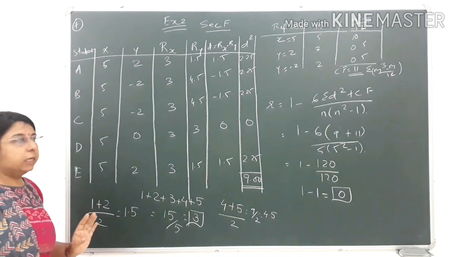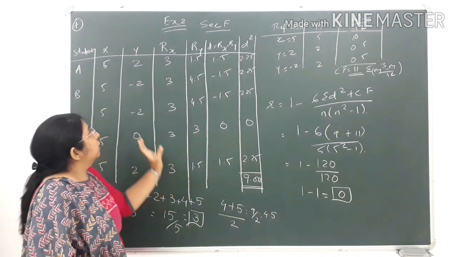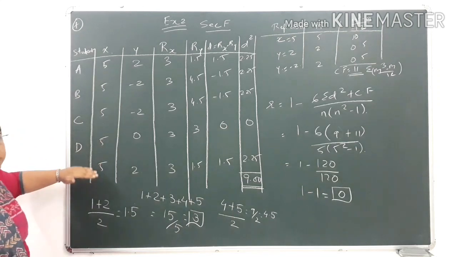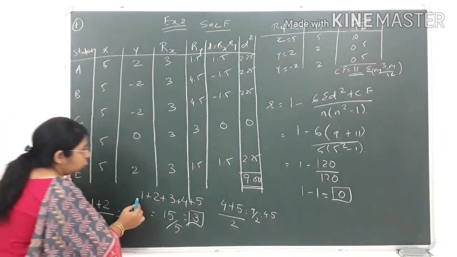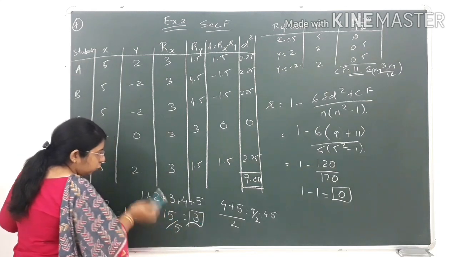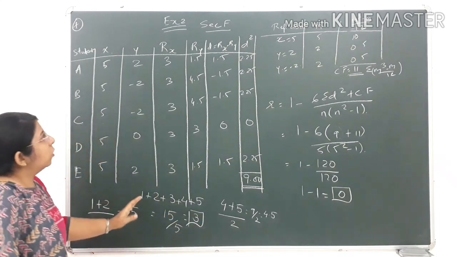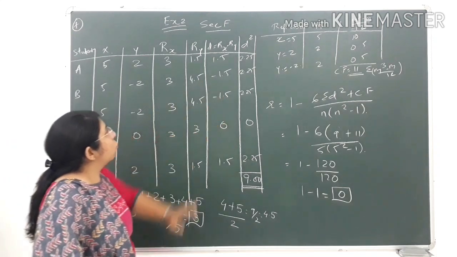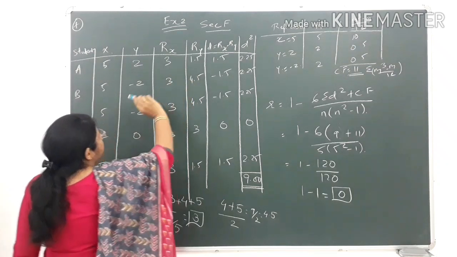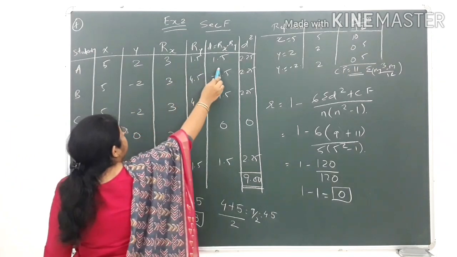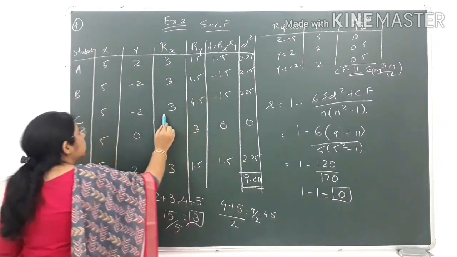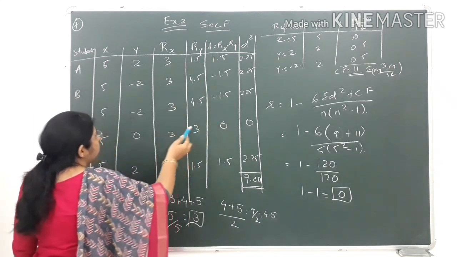So students, up till here this was the main important point, that is how to give the ranks when students have the same marks. In that case we have to find the average by taking the total of all the ranks and dividing by the number of students. So this was the important point. Then afterwards the next step is common, as we did in the previous sums, that is the subtraction of Rx minus Ry. So 3 minus 1.5 is 1.5, 3 minus 4.5 is negative 1.5, 3 minus 4.5 again negative 1.5,